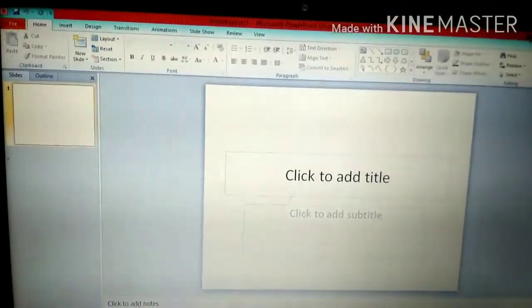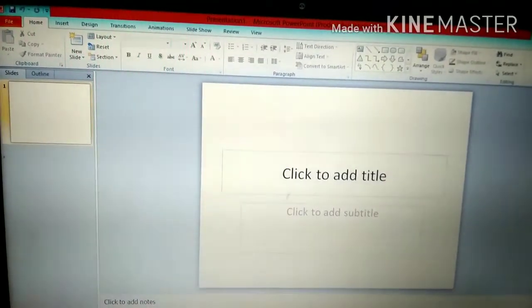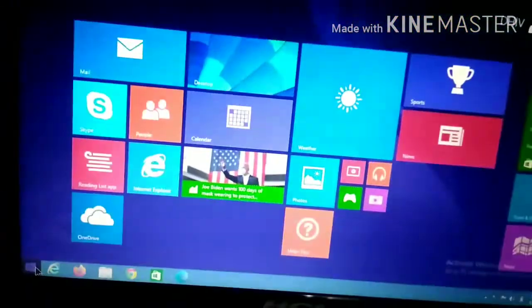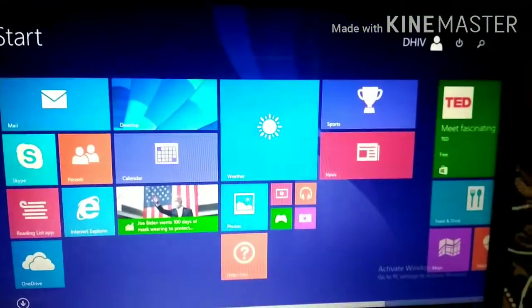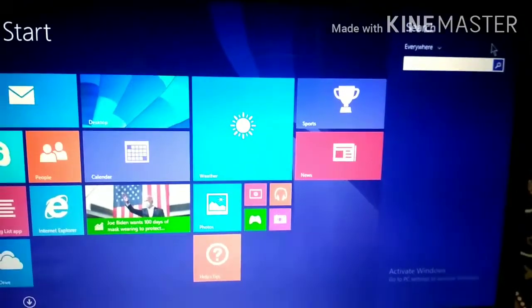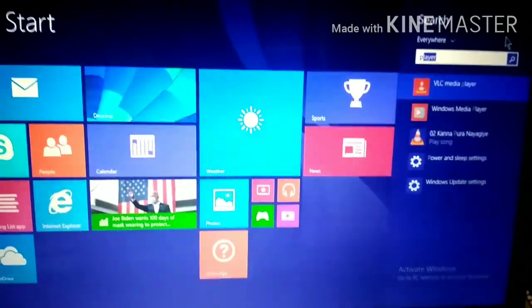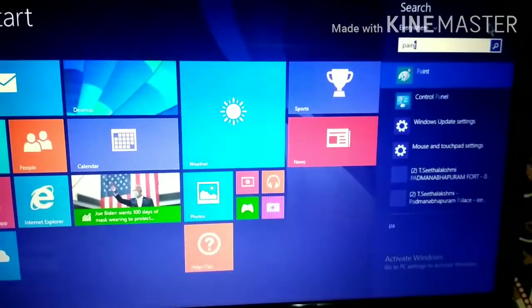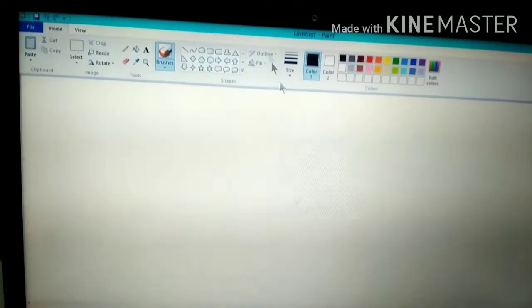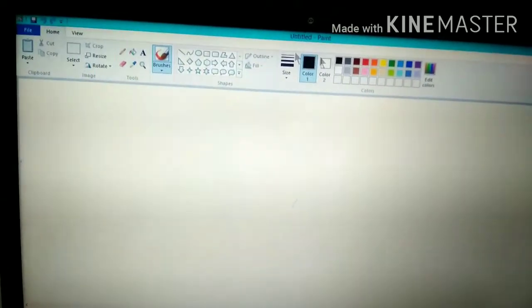Same as if you create in the Paint application. If you create in the Paint software, choose the start button and search for the Paint application. This is the Paint application. This is the window. Different icons are there, different colors are there.